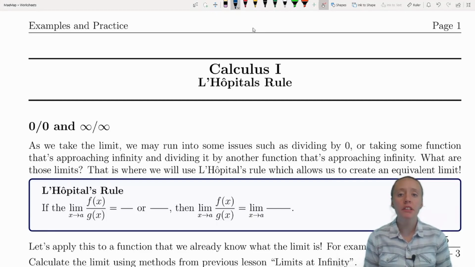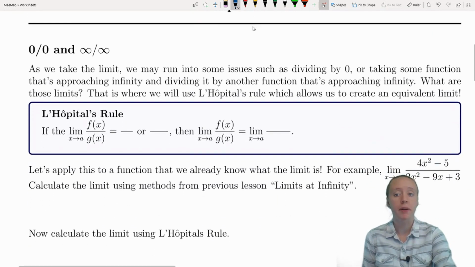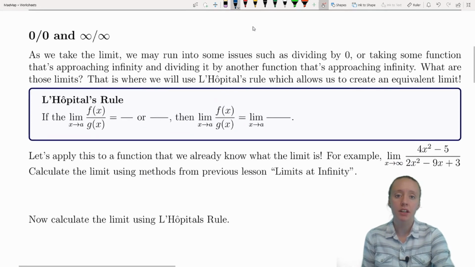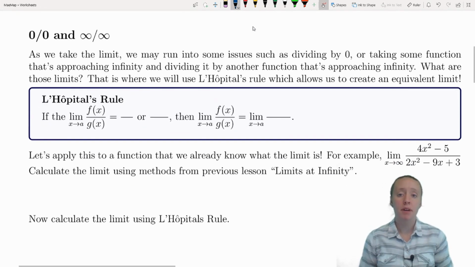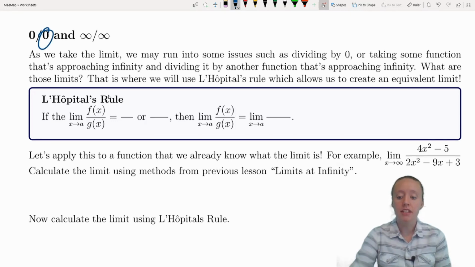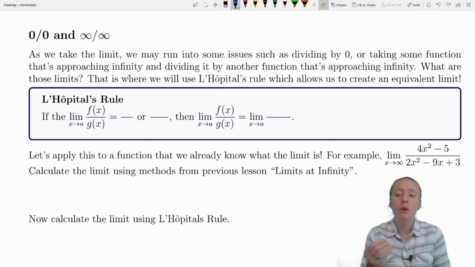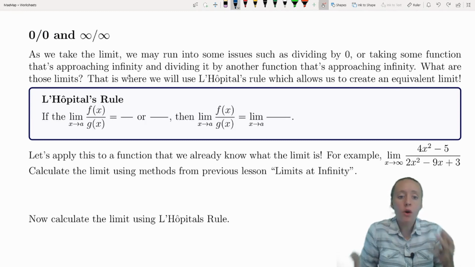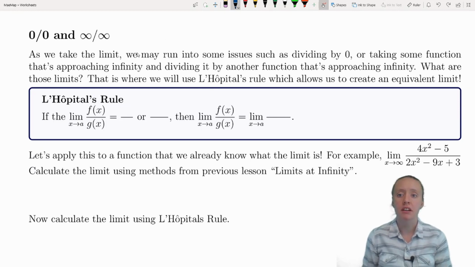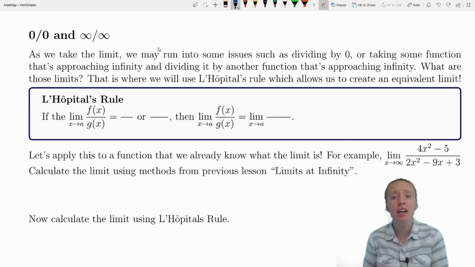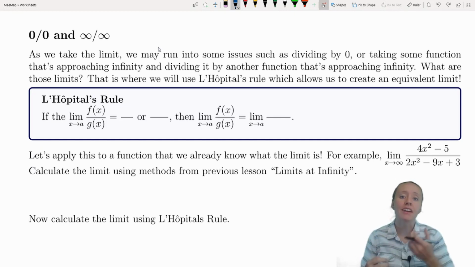In today's video, we're going to do some examples on L'Hopital's rule. First, we're going to start off with talking about 0 over 0 and infinity over infinity. As we take the limit, we may run into some issues, such as dividing by 0, like in this case. Or what about if you have some function approaching infinity over another function that's approaching infinity? What exactly are those limits? 1, infinity, 0, some other number? We don't know. But that's where we're going to use L'Hopital's rule, which allows us to create an equivalent limit